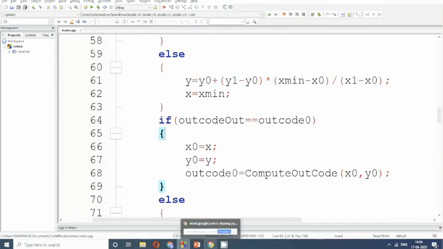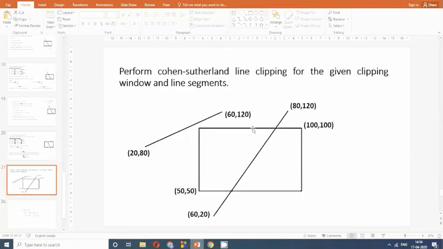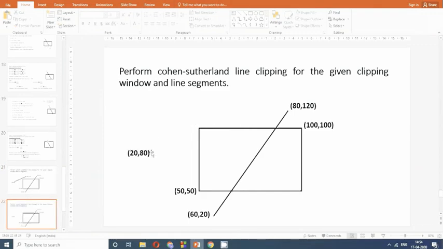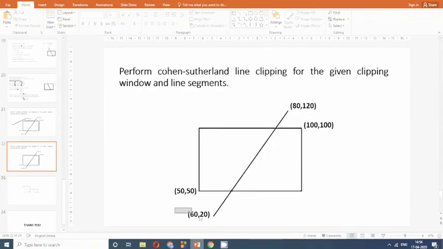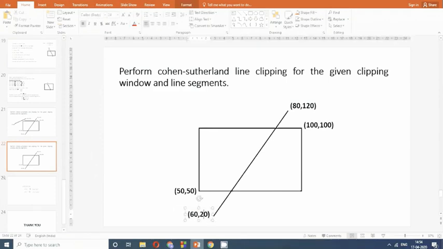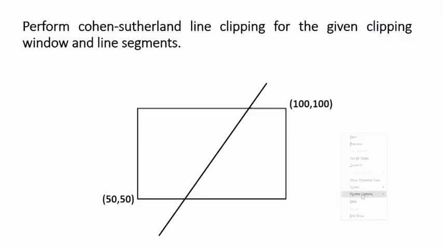Now let us say, in the example that we have taken, this is exactly the kind of line that we have here. Apart from these values, probably the input might be different. Now the scenario is like, we clip this point, we updated our x0, y0 to this.